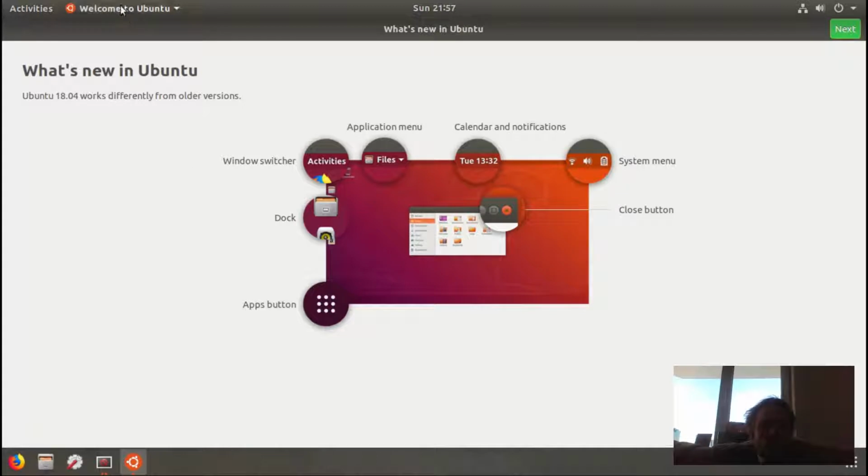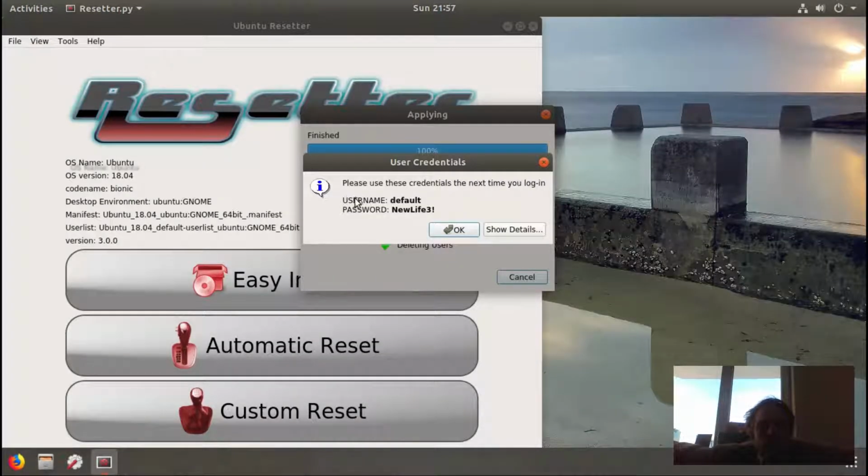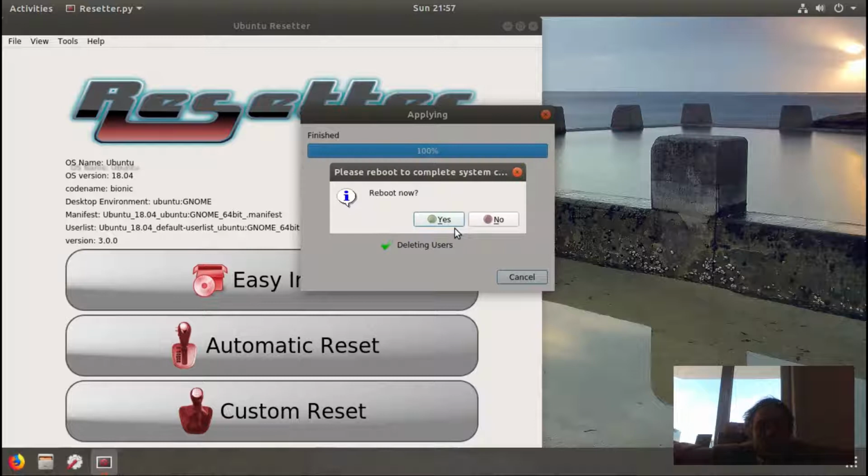Fantastic, so we got this new Ubuntu login screen, but as you can see, you got a new username and a new password. You have to write this down because otherwise you won't be able to log into your system. Afterwards, you can just create a new user and a new password and remove this account, so it's not a security threat or anything like that. So, I will see you soon.